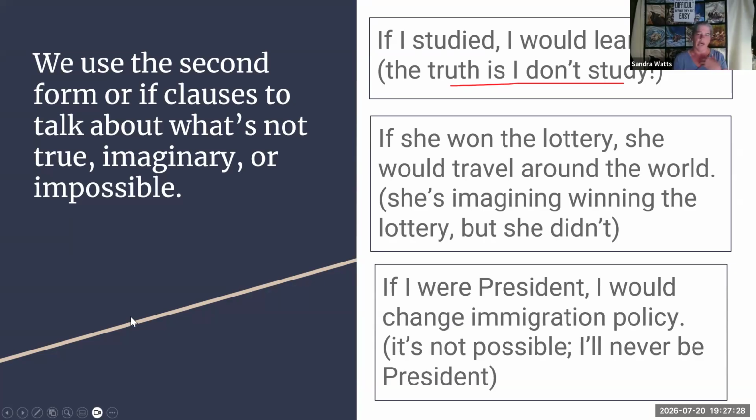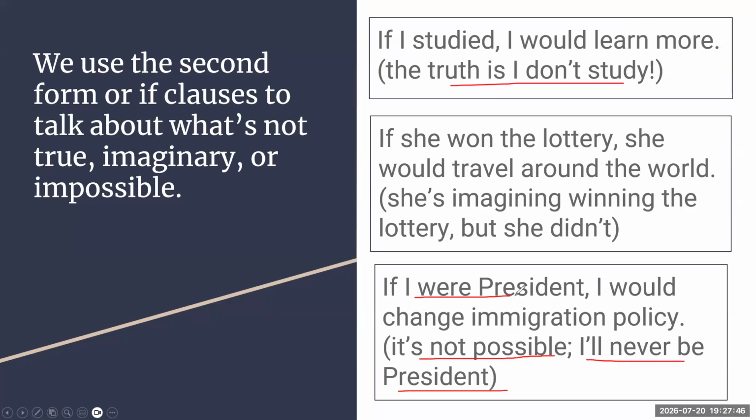And then if I were president, I would change immigration policy. Okay. So again, something that's not true. I'm definitely not thinking it's possible. I will never be president. Okay. But if I were,